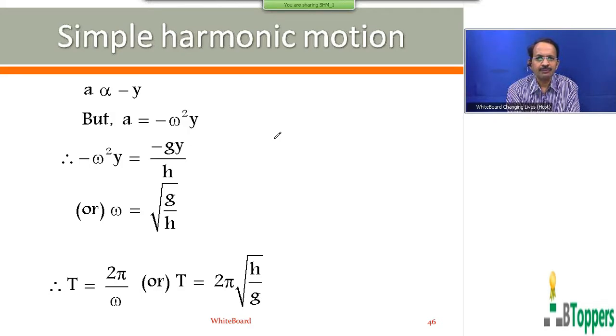Again, I repeat, there is one question which I observed number of times in the board exam papers, in theory questions. You are asked to show that projection of a particle performing uniform circular motion on one of the diameters is simple harmonic. And from there, you are asked to derive the expression for velocity of a particle in the simple harmonic motion.